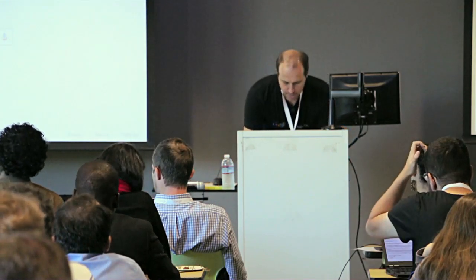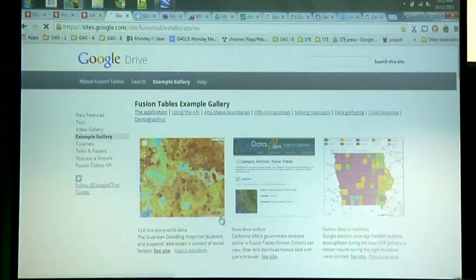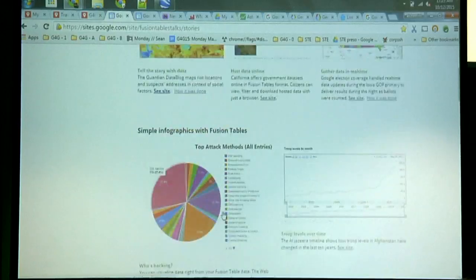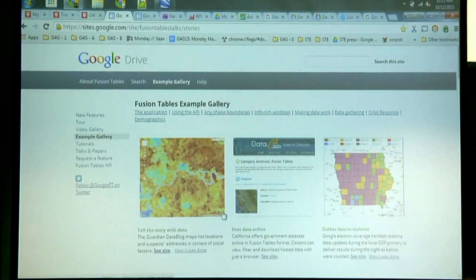All right, next product I want to talk about is Fusion Tables. So Fusion Tables, we're going to be taking a look at this page, which is a gallery of really interesting use cases for Fusion Tables. Fusion Tables is kind of the next level up in the sense that if you've got a ton of data,